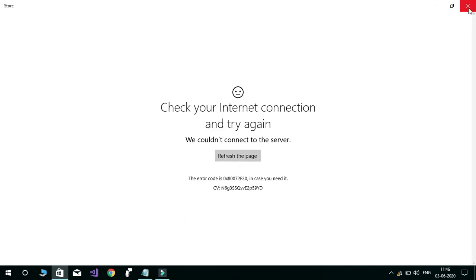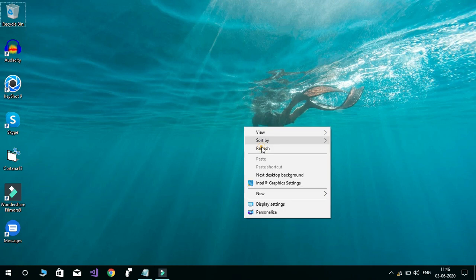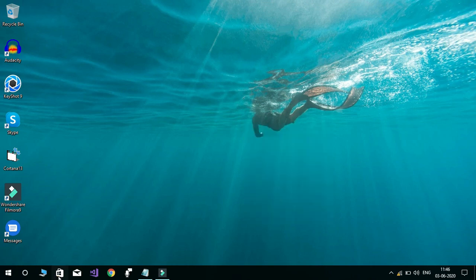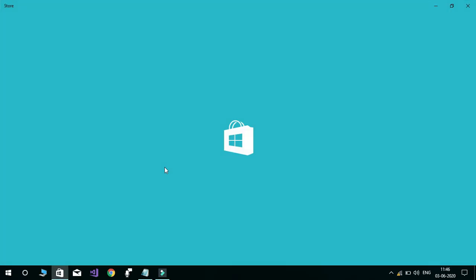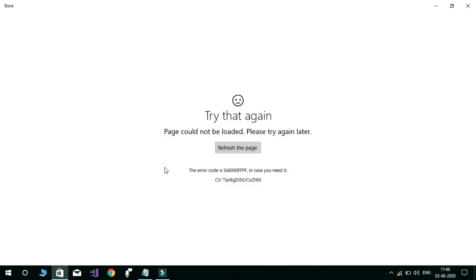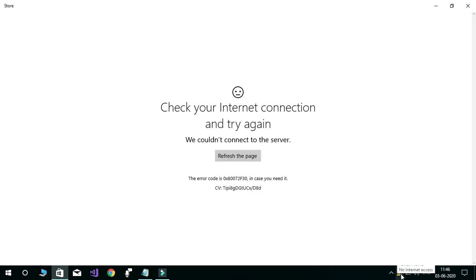I'm going to close it, then open the Windows Store again. Here you see the yellow icon with the Wi-Fi icon, which means there is no internet connection.